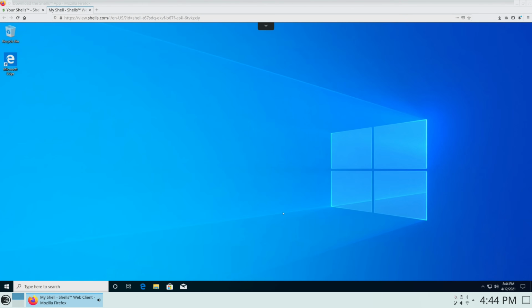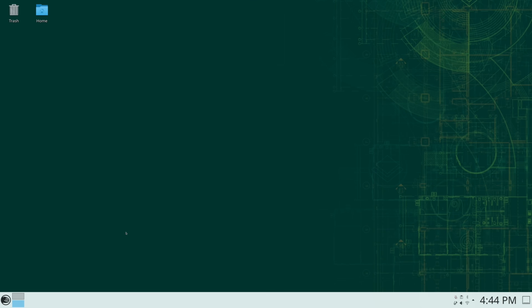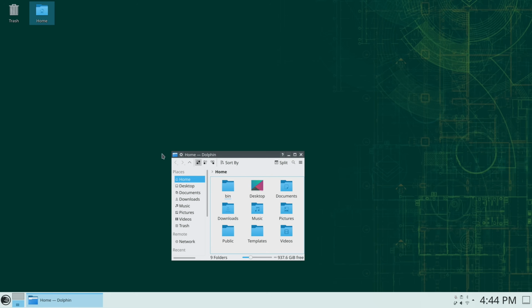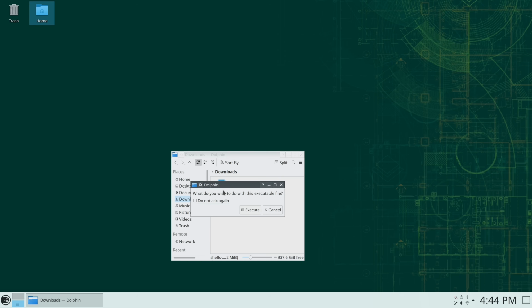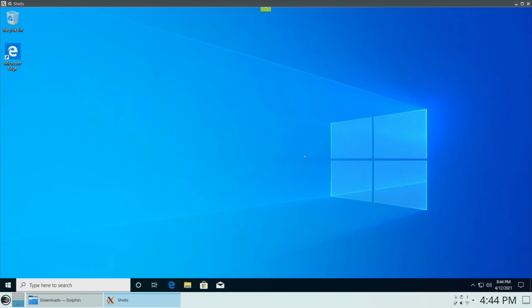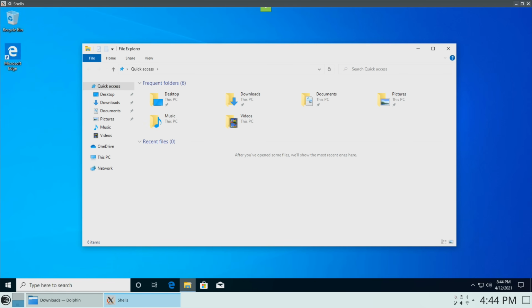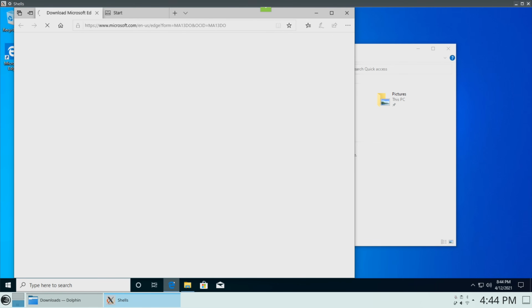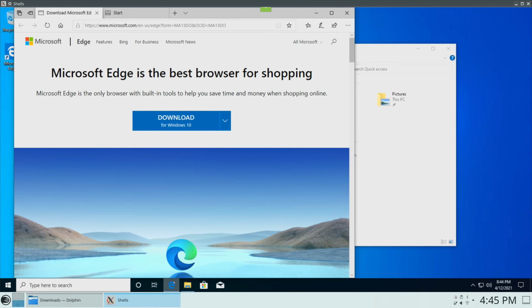And here we have a Windows instance running inside Firefox on top of OpenSSH. That's pretty cool. But let's try it out in the dedicated app. So I'll just switch over to another workspace. And here it is. So just like with any other Shells instance, I can open up whatever applications I need to open up. So if I needed to run anything in Windows, I could do so right here from within this shell without